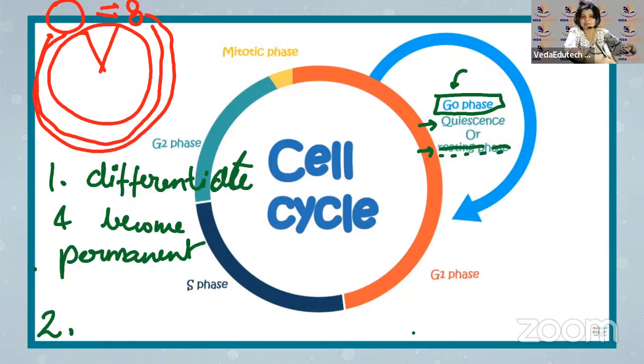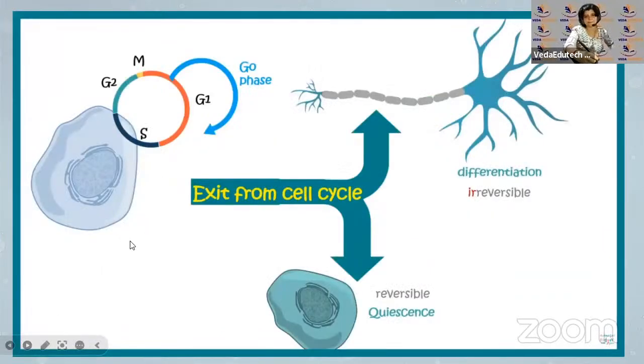When would this happen? Babies cannot do this. When this baby has grown in size, at least somewhat, then only it can decide, okay, I have to enter G0 phase. This will become clearer as we move further. This cell can exit the cell cycle in two ways. It can become a differentiated cell, like a neuron, or it can be in a quiescent stage, which is reversible. A cell which is in quiescence state or G0 state can enter the cell cycle again, can start making babies if there is a need to do so.